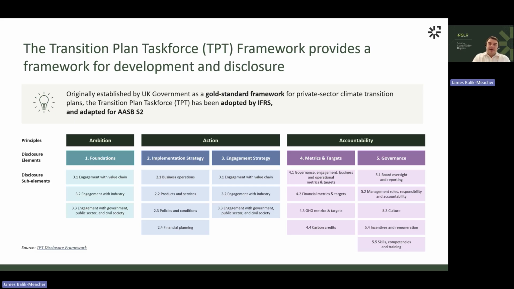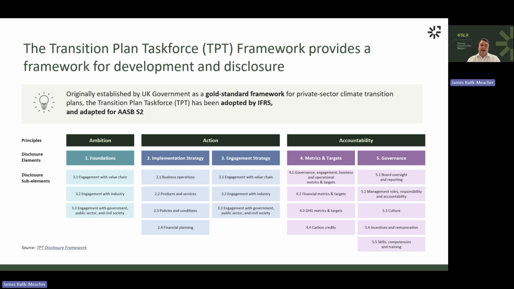And that is both on the decarbonisation side, so the activities that you have in place or the funding that you're going to be putting in to make those decarbonisation initiatives a reality, but also on the risk and resilience side as well. Within that action pillar, you also have the engagement strategy. So I talked a little bit about those kind of external dependencies and factors that you need to manage outside of your direct control. So this is where you can talk about the actions that you are taking to enable those things to become true. And that can be both within your organization, within your broader value chain, and also kind of more broadly externally, lobbying with governments and things like that as well.